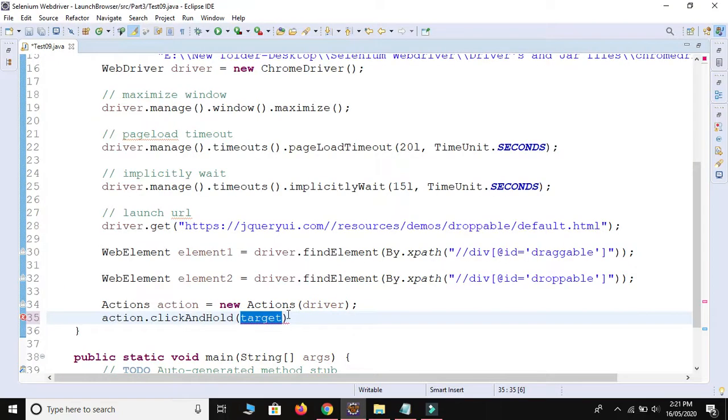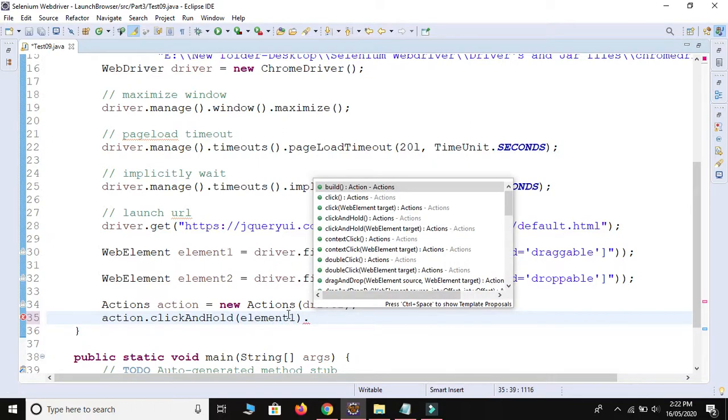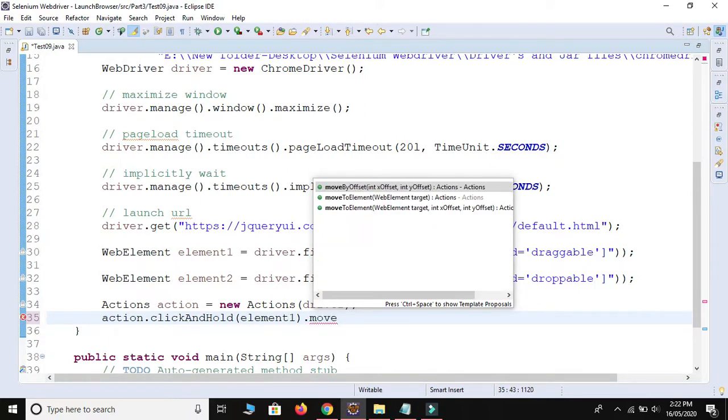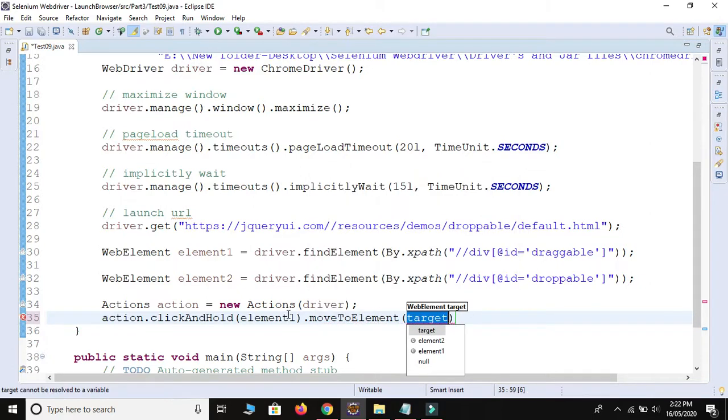So I will pass element1. After clicking and holding the element, we need to change the location, so we use moveToElement. This is the target element, so we are going to move from element1 to element2. So I will provide element2, and then I will show you the practical.